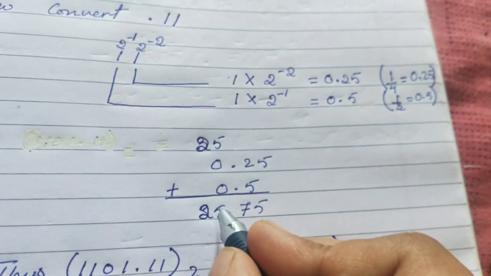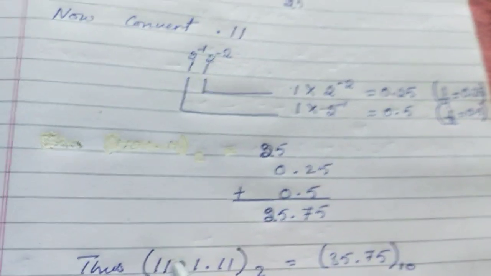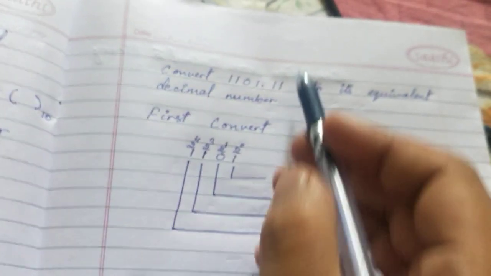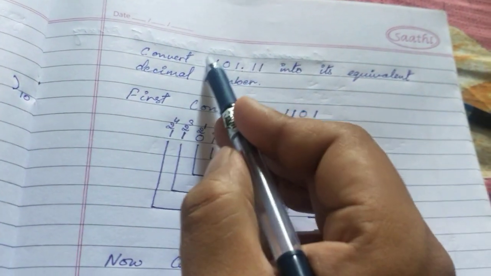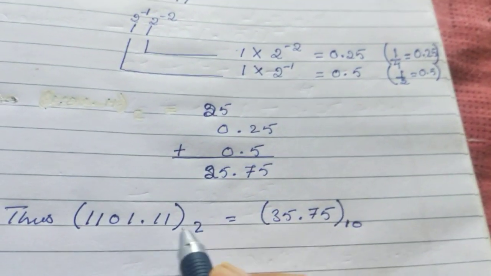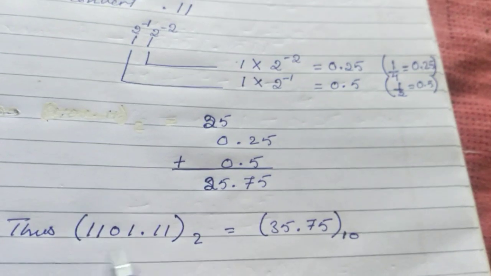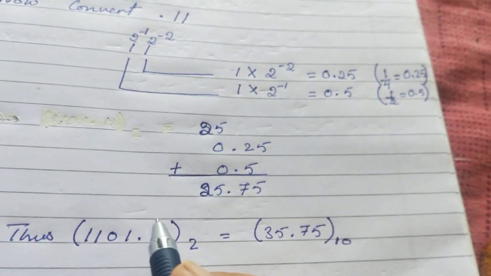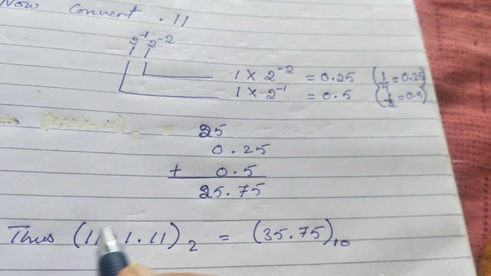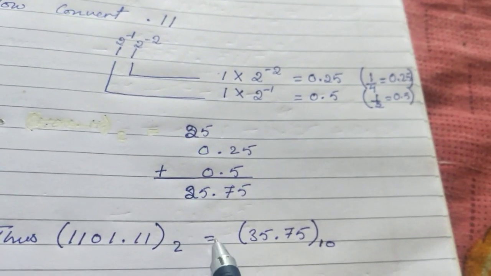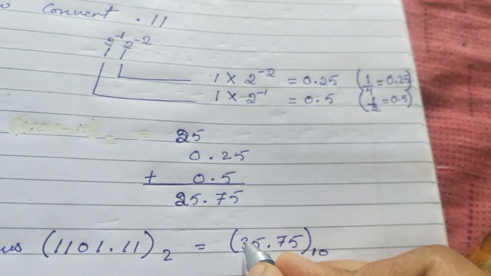So 25.75. Thus 1101.11, which is the number they asked you to convert into a decimal, we will put in brackets and write base 2. Why? Because there are only two symbols that represent binary numbers, which are 0 and 1. It is equal to,